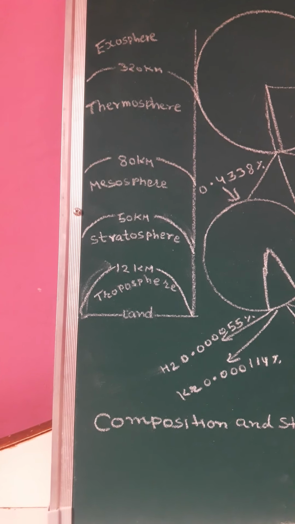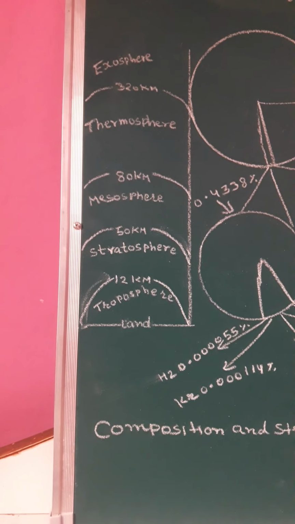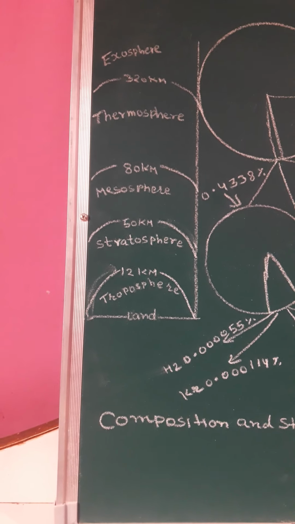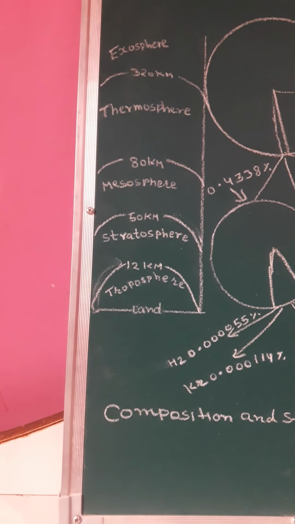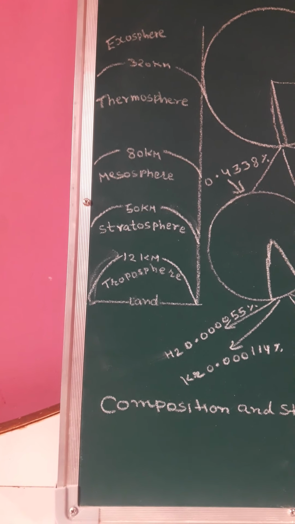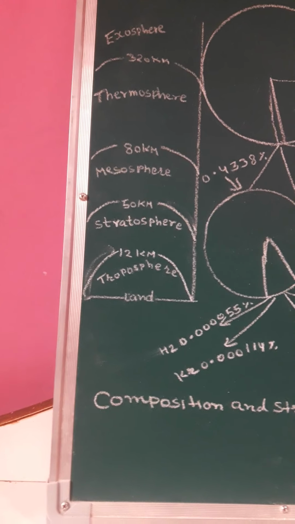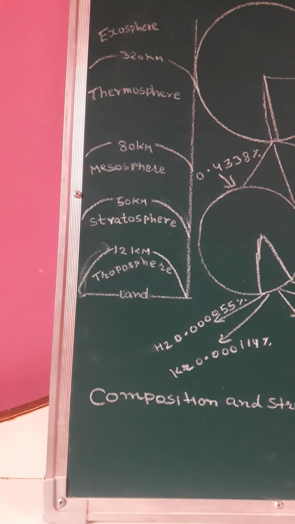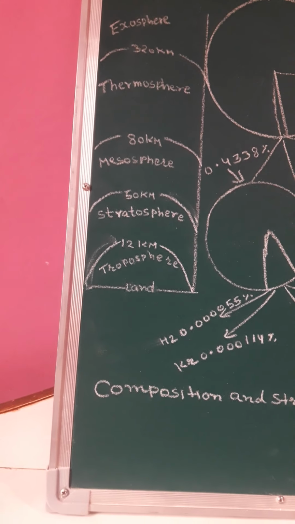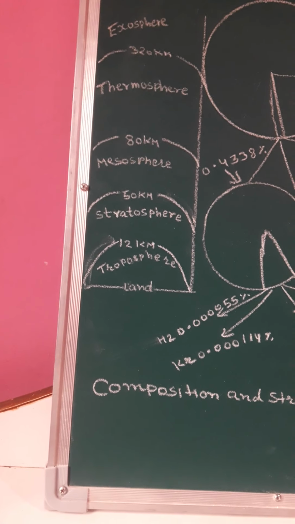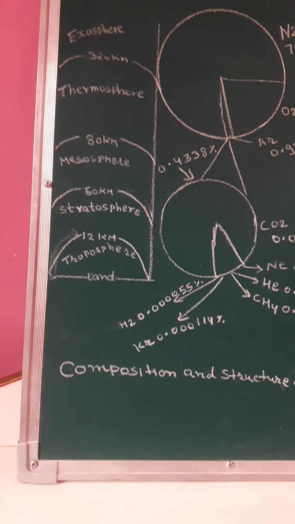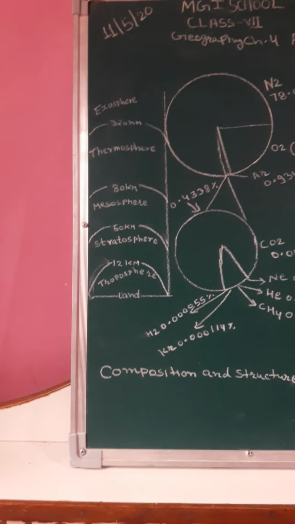This contains most of the clouds, weather, airplanes and air currents in the Earth's atmosphere. The exact height of the troposphere depends on where you are on the Earth and the exact weather condition at the moment. It contains around 80% of the mass of the atmosphere. Remember, 80% of the mass of the atmosphere. Next layer,